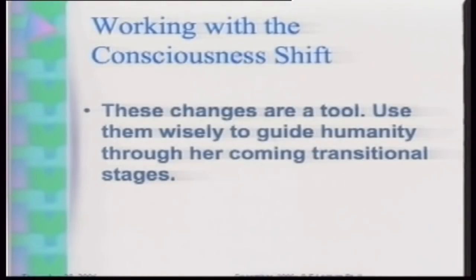So use them wisely to guide humanity through her coming transitional stages. By that I simply mean, as healers, as psychics, as people who hold energies, as people who understand and use rituals, use all of this to help focus this energy so that all the people involved in these shifts can complete these shifts as easily and as wonderfully as possible. In other words, if there's pains, help them to relieve it, and look at the reasons why these pains, etc.,